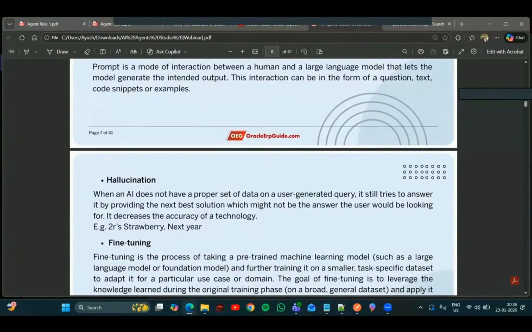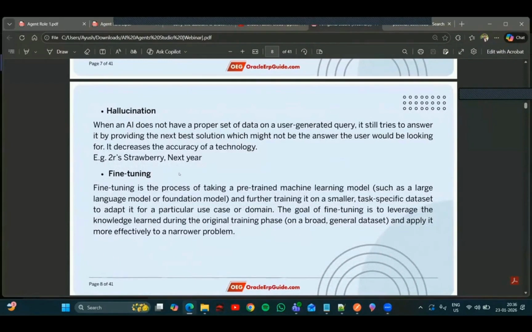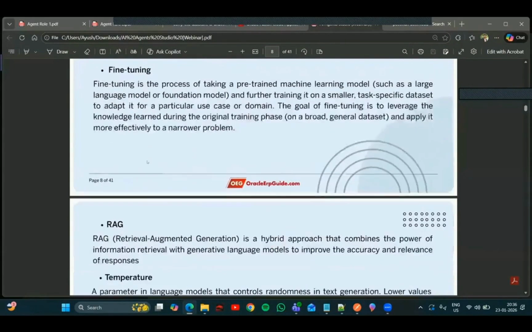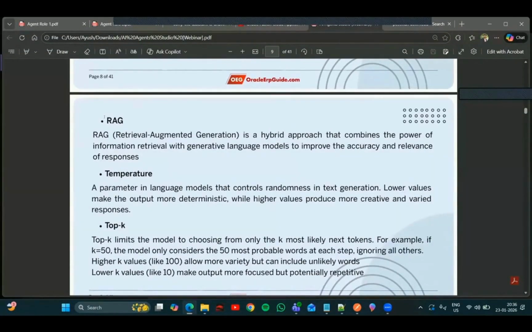Hallucination is when AI makes mistakes. We saw one example with next year, and we saw how to fix that with prompting. We understood what fine tuning is. Fine tuning means the process of making an LLM localized on a specific subject. You're making it case or domain specific. That's called fine tuning. This is usually done via coding, but we can achieve some part of it using prompt engineering too. We also understood what RAG is. Keep RAG in mind. We have a document tool that we use in AI Agent Studio, which works in a